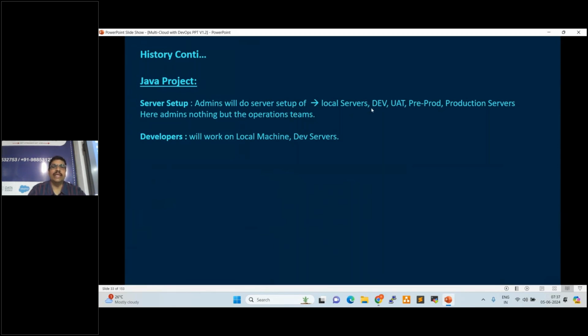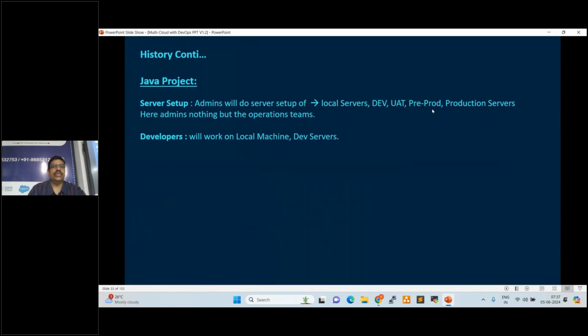We have different types of servers: development servers, UAT servers, pre-prod servers, and production servers. Why do we require so many types? Once the developer develops the code on development servers, it should be tested on UAT, then on pre-prod. Finally, the code is moved to production and deployed. These are the environments.